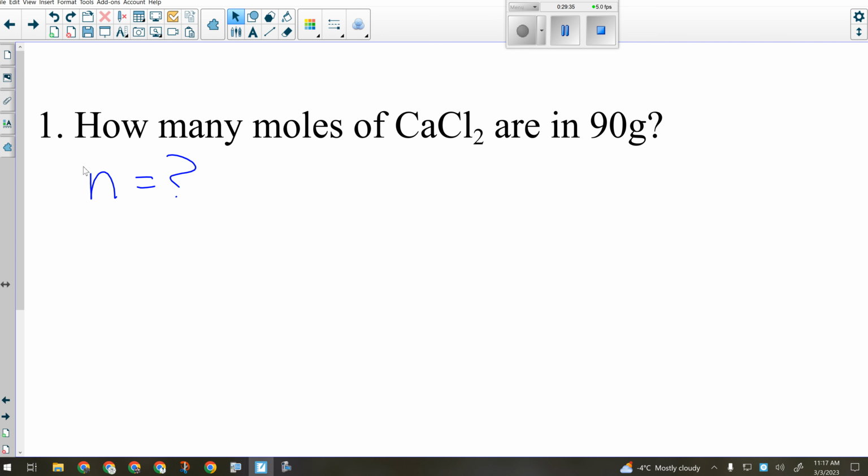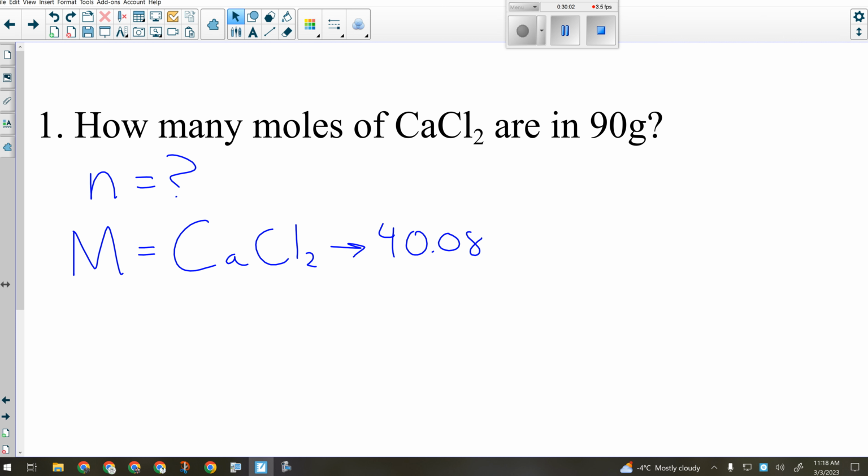Okay. The next thing they tell me is that the material I'm dealing with is calcium chloride. That can help me to get the molar mass. So if they tell me the material I'm dealing with, I can calculate big M. Right, so I got CaCl2. And calculating the molar mass of this stuff means going